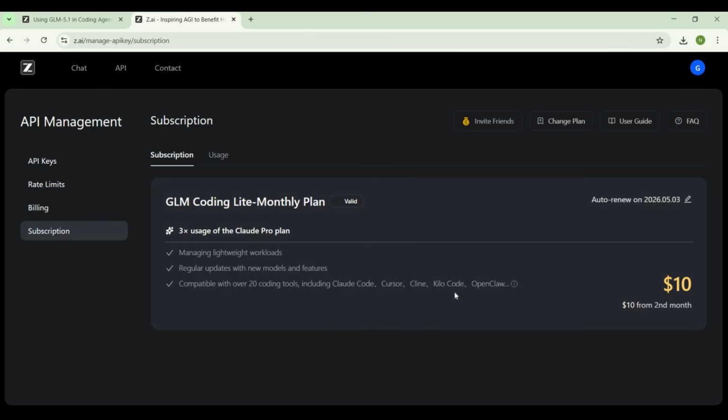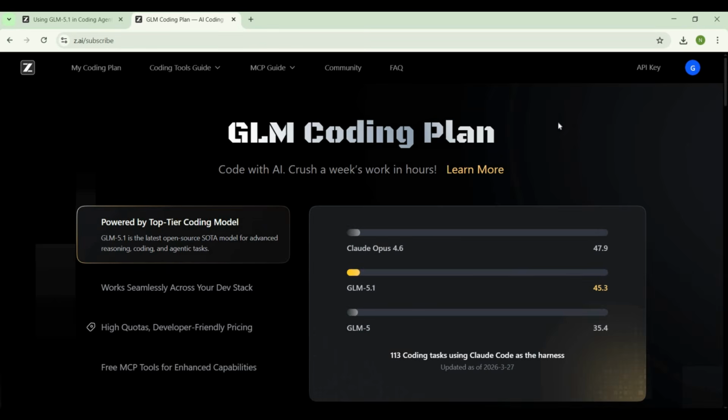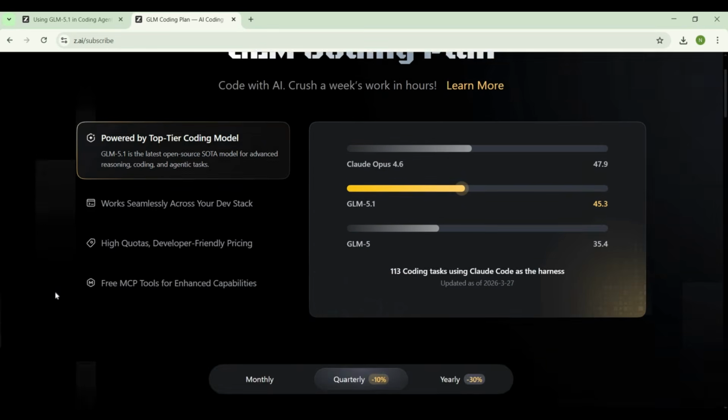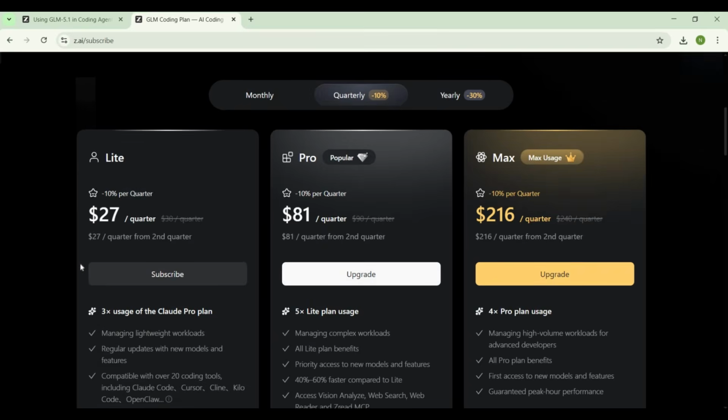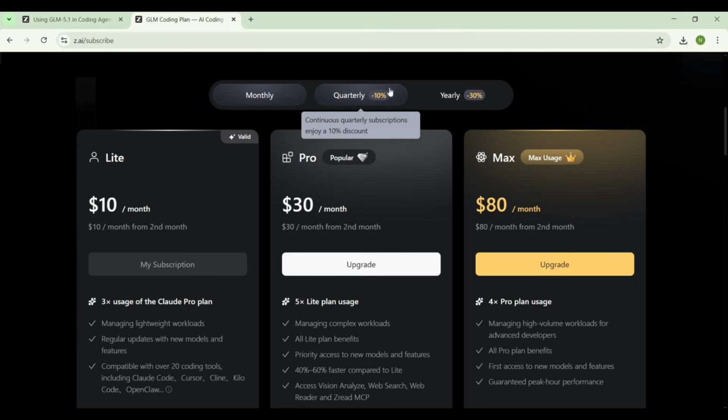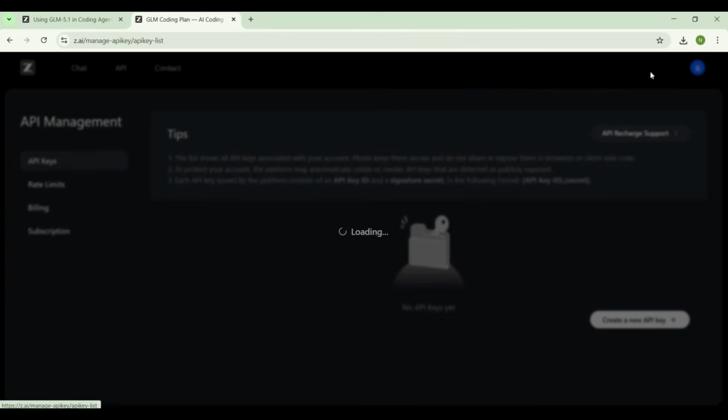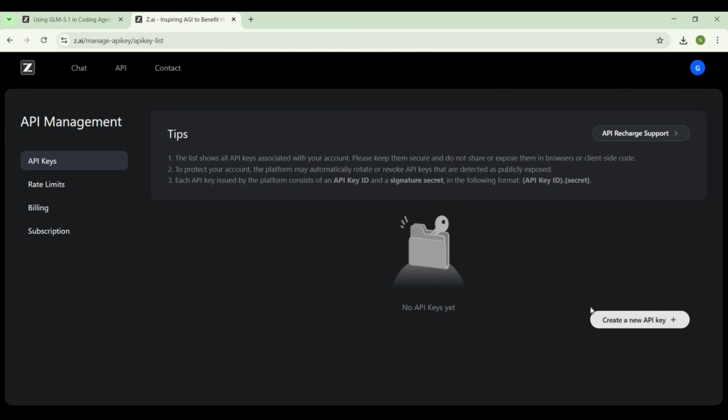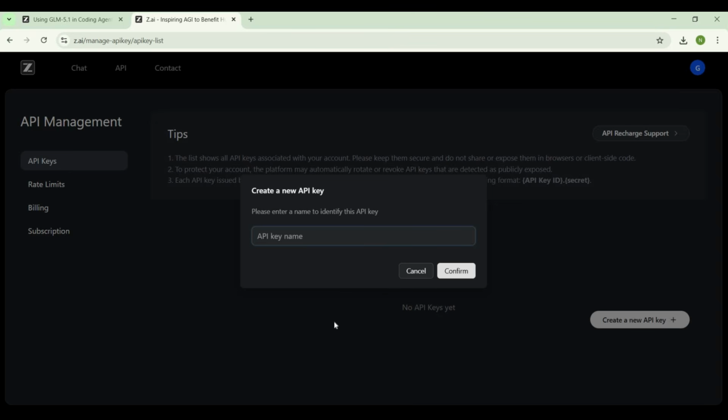We go to the plans. Here they are. Monthly, quarterly, and annual options are available. You can subscribe to what suits you. Then after subscribing, we go to create an API key. After you have subscribed, you go here. Click create a new API key. Then give it a name, any name, click confirm,